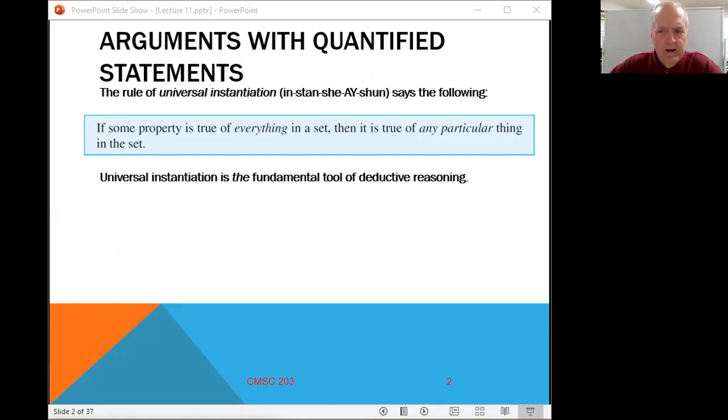And what we'll have is, we say, okay, we have that universal statement, but then we can have this idea of a universal instantiation where we say we have a particular element in our domain. And then based on that particular element, the universal property or properties that we describe in our premises hold for